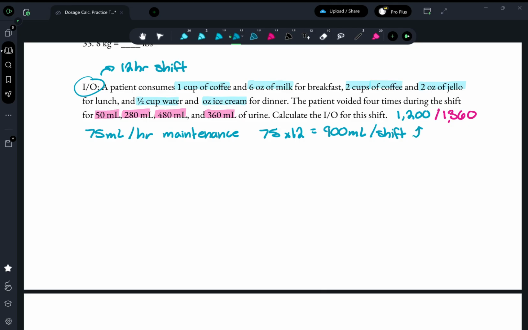Now let's say that they're also getting 100 milligrams of, I don't know, an antibiotic that's available in 200 mL bags, and they're getting it Q6 hours. So again, we only care about the 12-hour shift, not the 24, so we're just going to multiply this by 2, because 6 goes into a 12-hour shift twice. So it's going to be 200 mLs times 2 administrations equals 400 mLs per shift, which we will also add to that number. So these together, it's 1300. Our new total